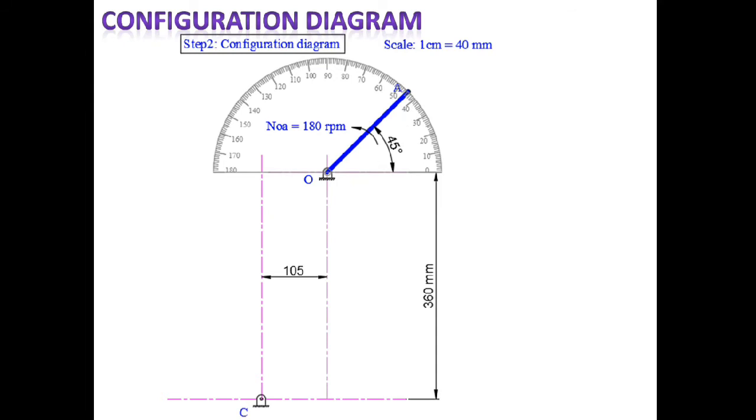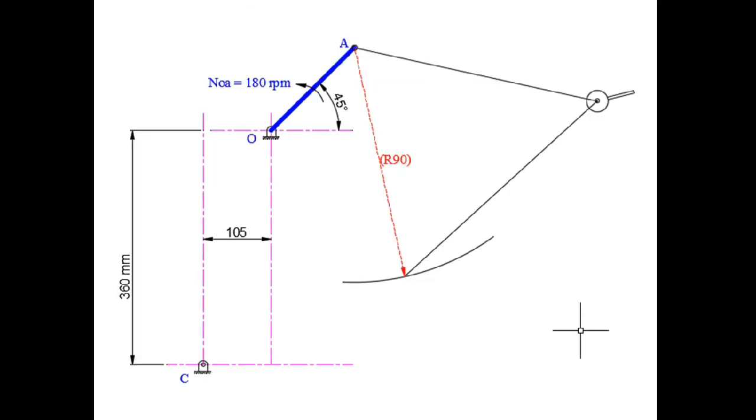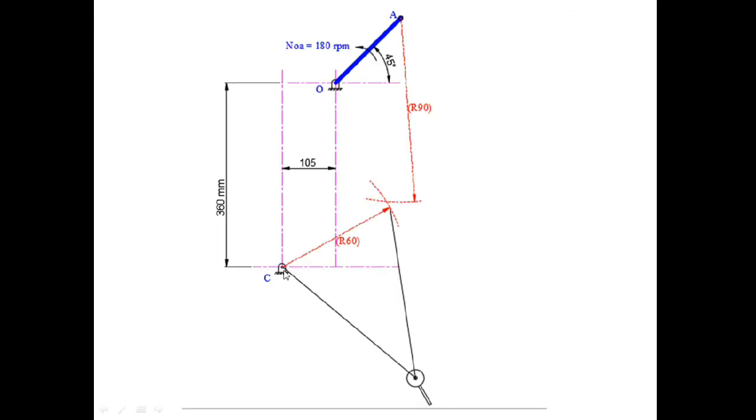Here 105 is 2.6 or 2.7 centimeter, kept from left side to right, and then it will intersect the point O. You mark the line from the right side to the left side at 45 degrees, keeping the length of 4.5 centimeter. That's all. Now from the center A point, set the compass to a radius of 90 mm and make one arc. The arc is to find out the B point, and then put the center at C,